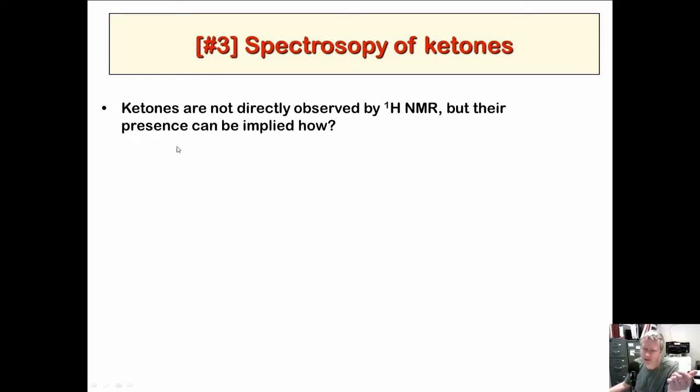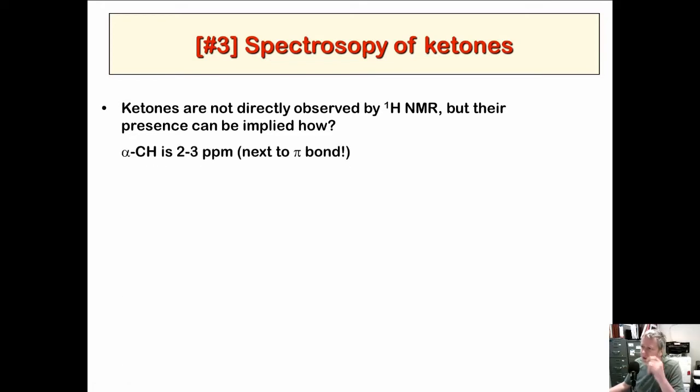There were 2 things. One was degrees of unsaturation, UN, right? UN equals 1 at least for a ketone. And the other thing is we had an extra C and an extra O that were unassigned, right? You have to go look at that problem. It was really fun. Chapter 13, the last part of chapter 13, we were doing a bunch of problems. But that's how we figured it out: UN equals 1, and we had a mystery C and a mystery O. Check out that problem again.